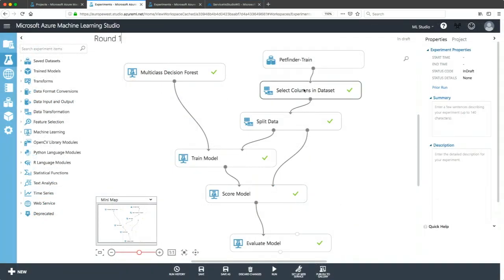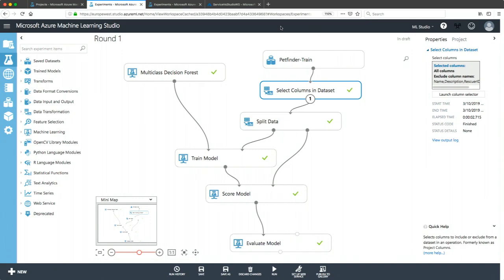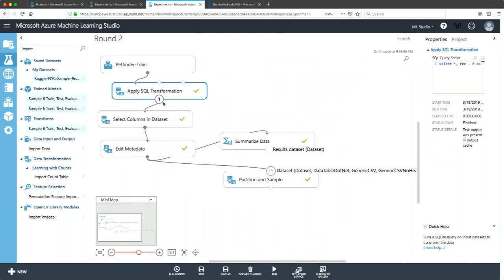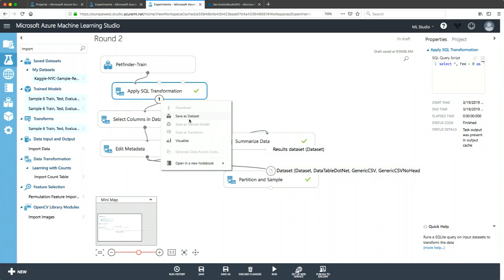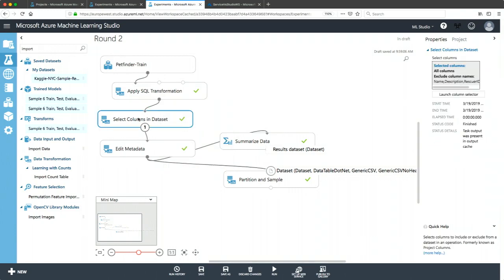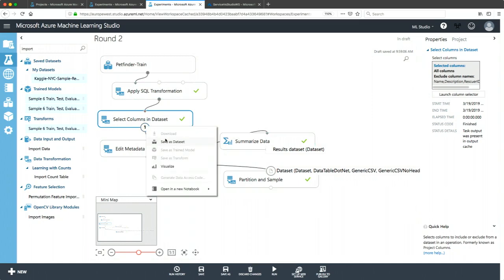With the SQL transformation, I can visualize it. I can save it as a new data set if I want to. If I want to reuse the output of my SQL transformation or of any of these transformations, like select columns in data set, I can also save this as a new data set and then reuse it in other experiments. Or I can visualize it and use it in this current experiment.